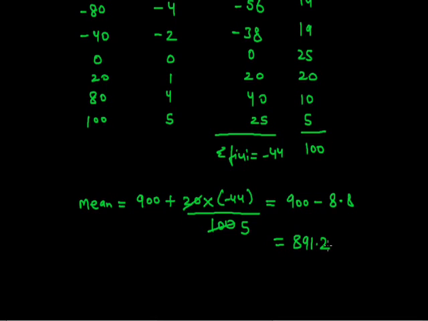If we had done it by the direct method or even the deviation method, definitely we would get the same value, but the calculation would become much larger. And here you are seeing the calculation has become much less as compared to the direct method or even the deviation method. And we have got the answer in just 2 steps of the mean. And even the table is not complicated, when we are finding out the summation of fi ui and the summation of fi.